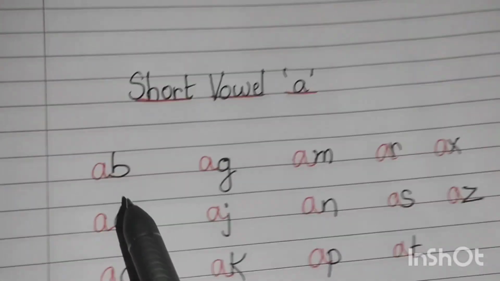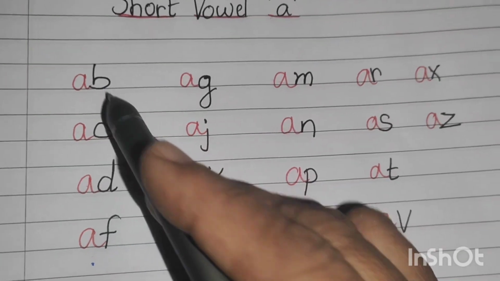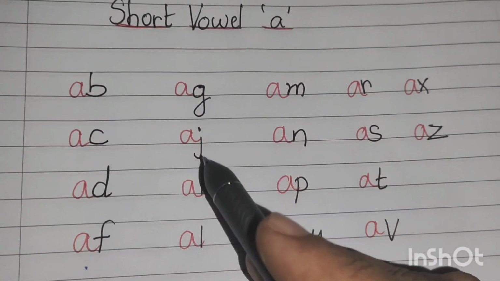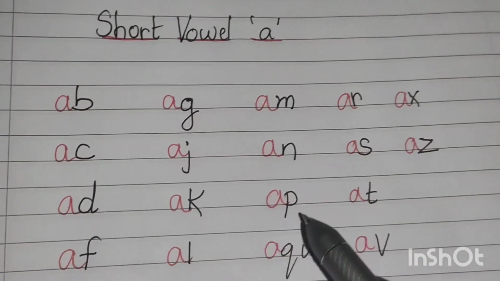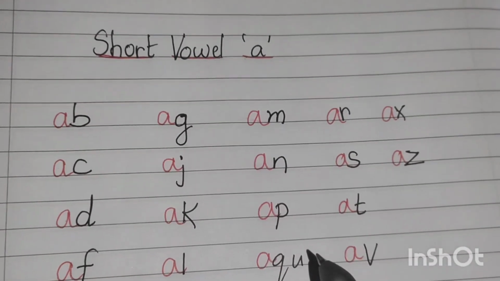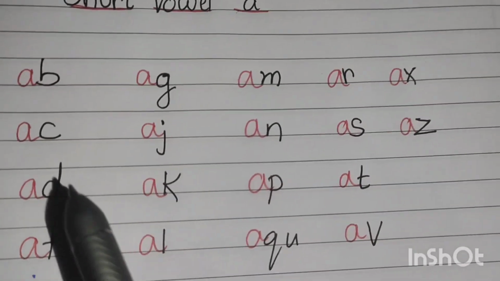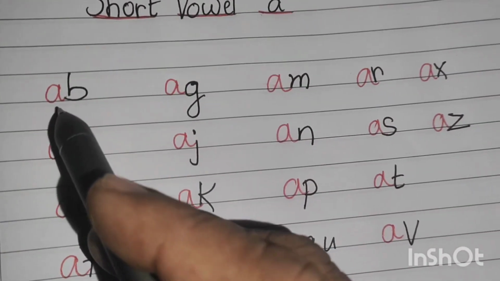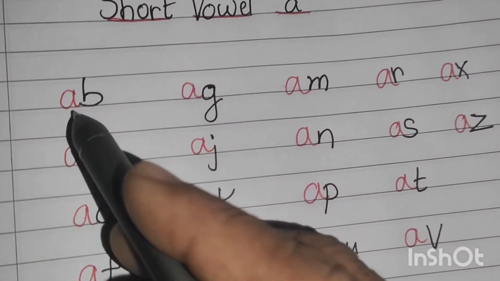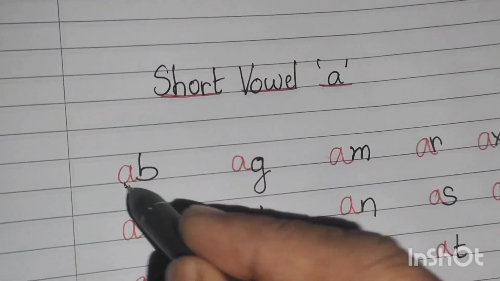The sound when the vowel becomes short, when it follows the consonant letters B, C, D, F, G, J, K, L, M, N, P, Q, R, S, T, V, X, Z. Other than the vowel letters, all the other letters are consonant letters. See, the sound for A is "a" when it follows the consonant letter B. A, B,